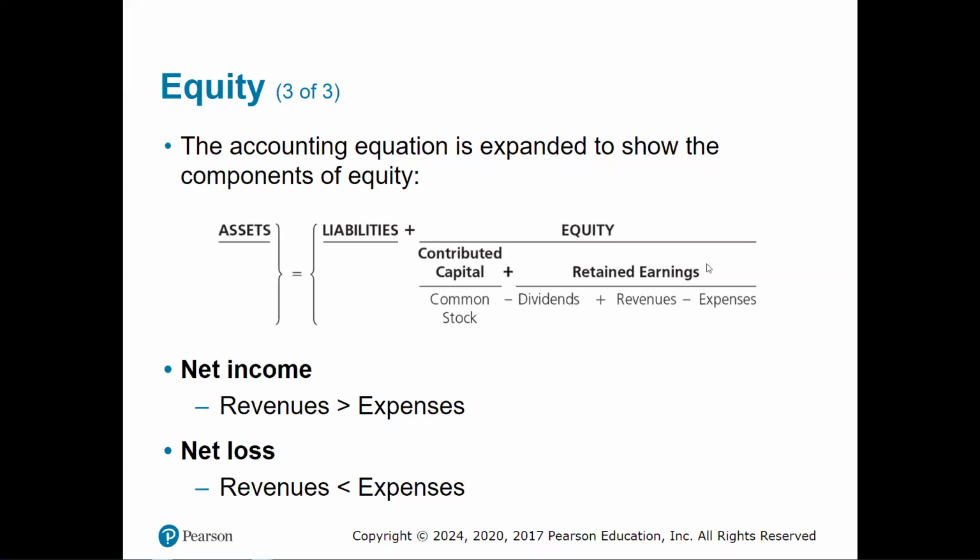Okay, so this slide breaks out in a little bit more detail that accounting equation, and it includes common stock, also known as contributed capital. You wouldn't have stock in a sole proprietorship, it would just be considered owner capital. And then retained earnings incorporates your revenues minus your expenses, and you would also subtract out any dividends that were paid. I kind of feel like the dividends will go over here because you're not going to pay dividends until after you've had some revenues and expenses, but I didn't design the textbook, so nobody asked me.